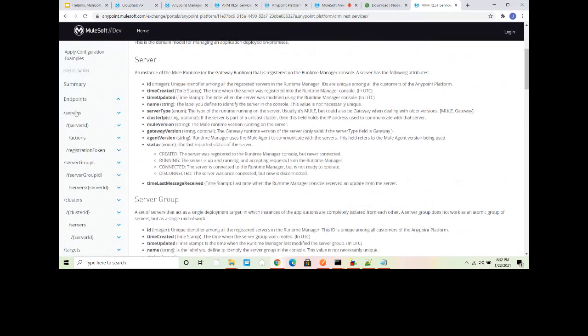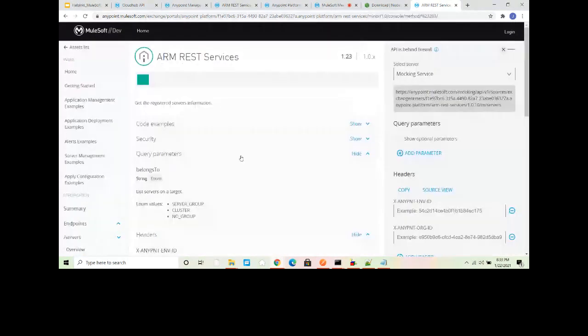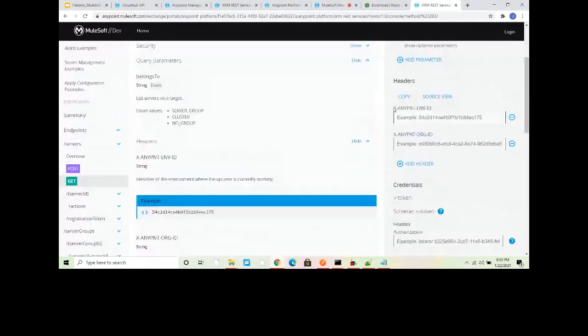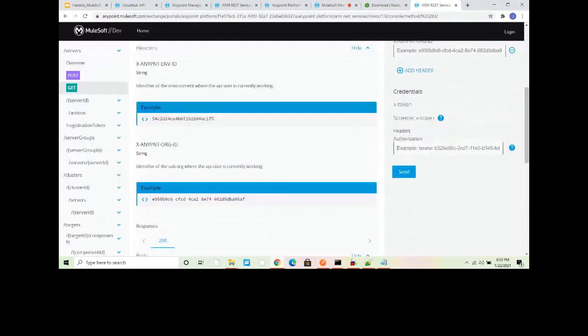I mentioned you can get the server information, like single server information. There are various operations available. If you want to get the server information, I will click on this get operation. This is my URL for getting the server information, and you have to pass X environment ID as your header parameter, and X Anypoint organization ID. You have to pass a bearer token, an authorization token, to retrieve the server information.